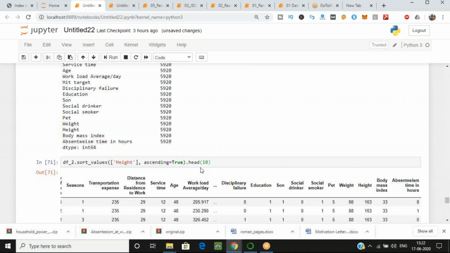I have used the sort_values function and passed one parameter, my column name, because I want to see only the height column in ascending order. I have said ascending should be equal to True because I want to see increasing order. Now I also want to see only the top 10 values, that's why I have used head(10). Now is it clear, Kalpana, what we are doing?